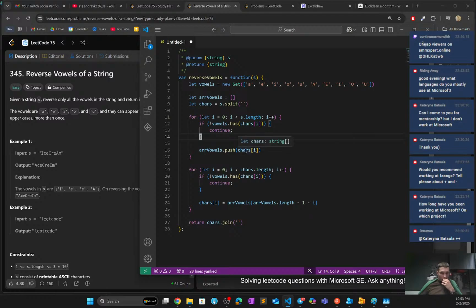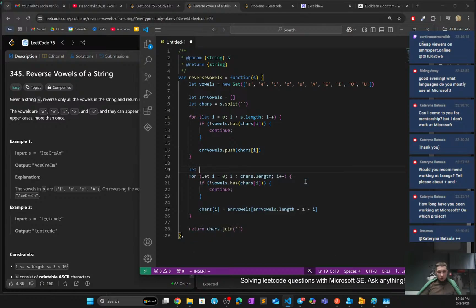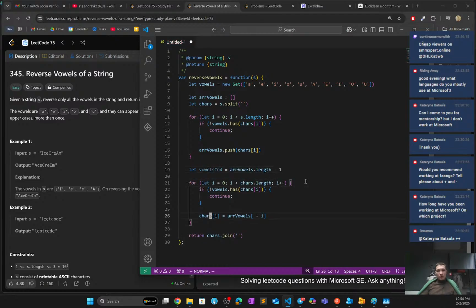Yes, because the index is a completely different one. So yes, sorry, let vowels index equal to this one, and now